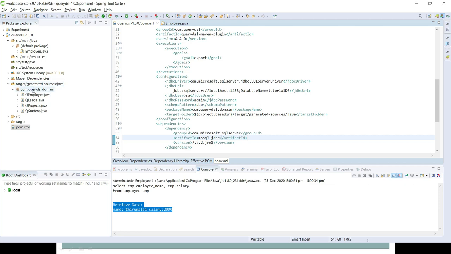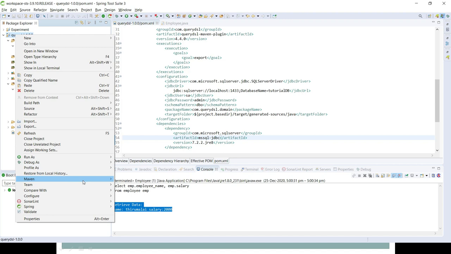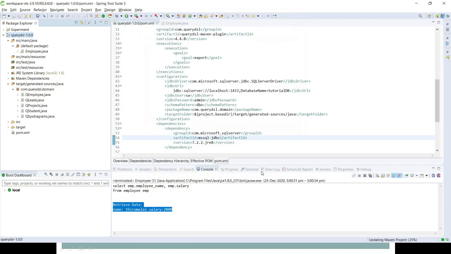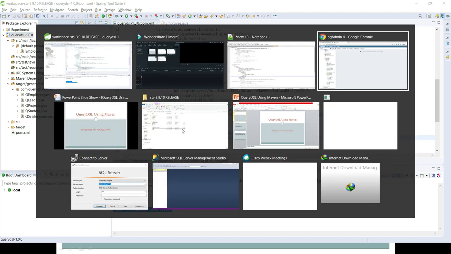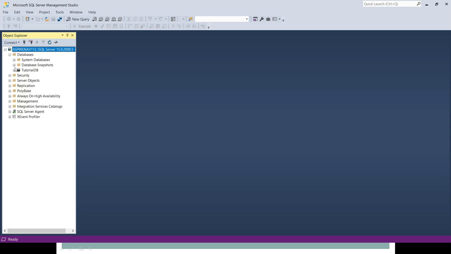Now I'm going to delete this. Now I'm going to update the Maven project. It is progressing. Meanwhile, I can show you the SQL Server side. Here we have a database called tutorial DB.